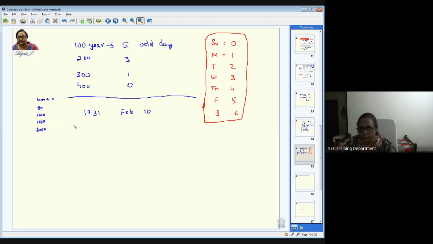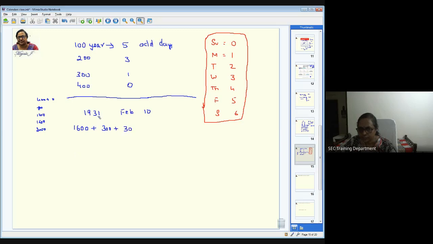So now, in terms of that, I'm going to split this 1931. I'll take it as 1600, because I can make this 0 easily, and then go for the century years. This is for the 400 multiples, then 100 multiples. So 1900, if I take the balance, will be 300. And then the balance years. You have 1931. 31 is a running year, it's not a completed year. So I have to consider only 30.